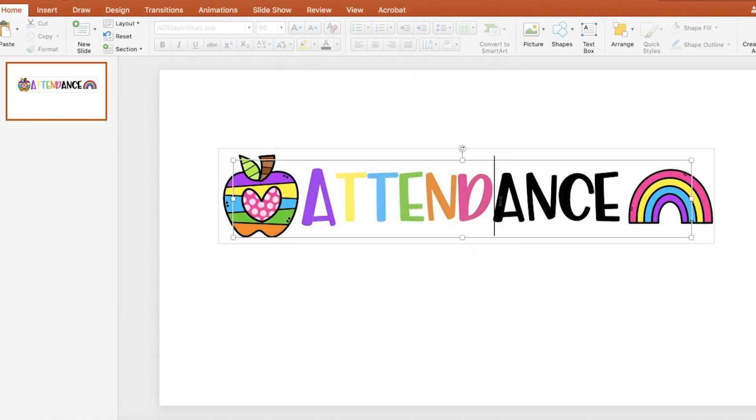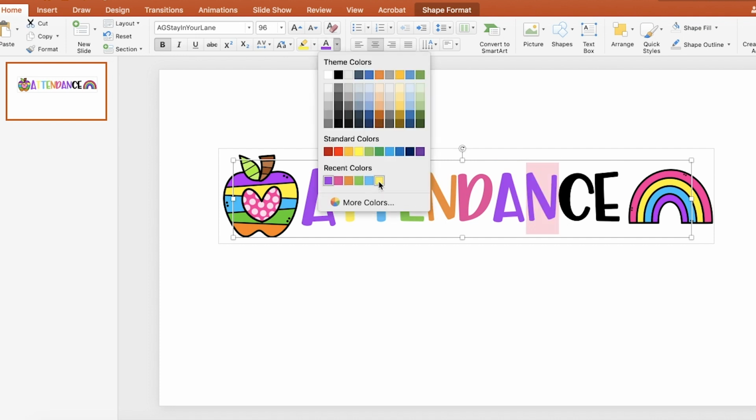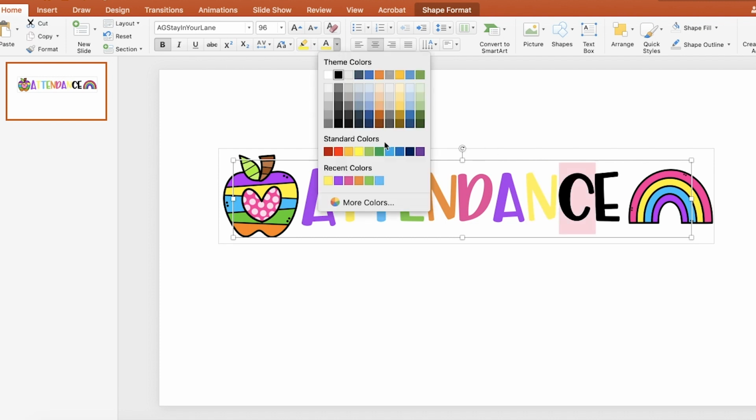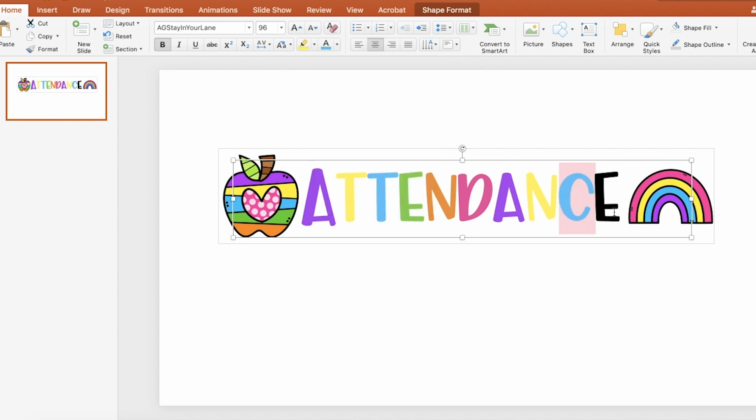There you go. And then if I want to keep going with the pattern, it's going to remember the recent colors that I used. So I'm going to follow that pattern that I was using after yellow was blue and after blue was green. Okay, and then you can go ahead and